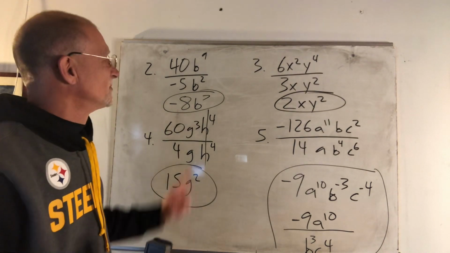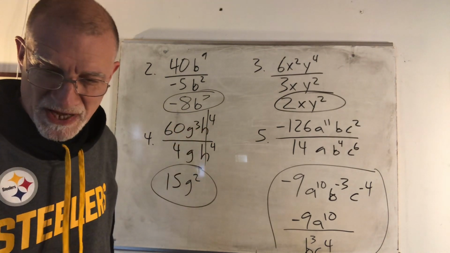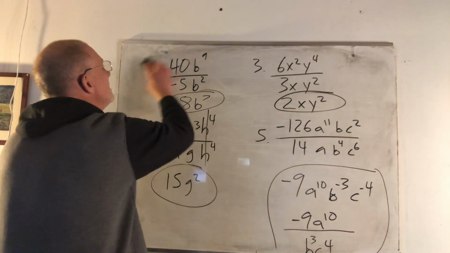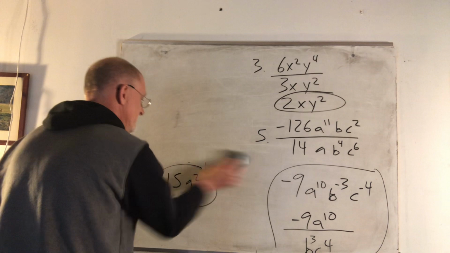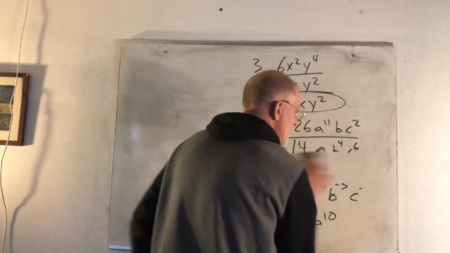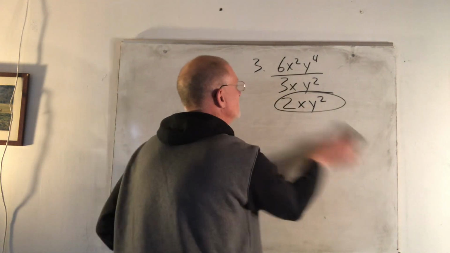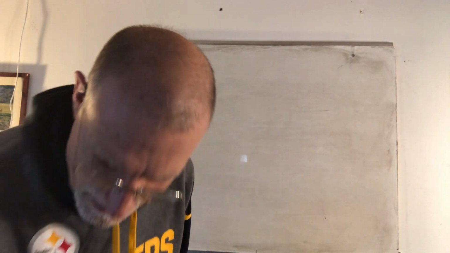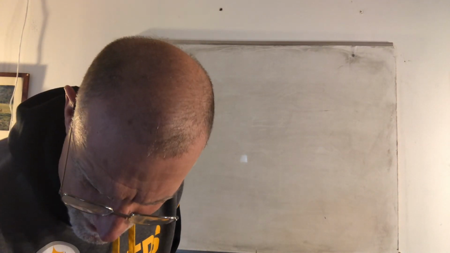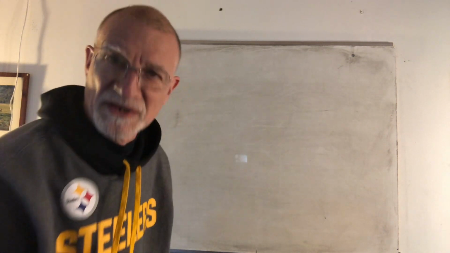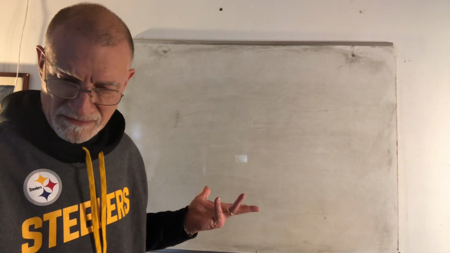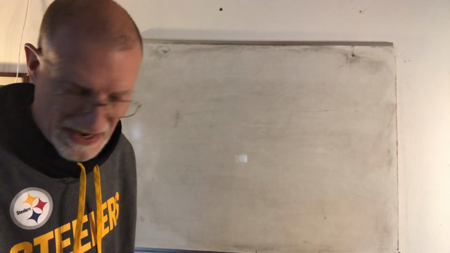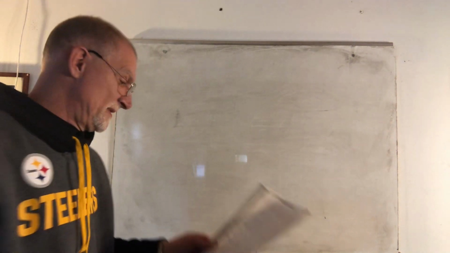Alright, so those are problems 2 through 5. Those are the ones I saw that have been attempted on the worksheet. Now, let's go a little deeper, because the last few problems you hadn't tried. So first I'll do number 7. Number 6 is just like numbers 2 through 5, so do the exact same thing with 6 that you did with 2 through 5. So for 7, we have